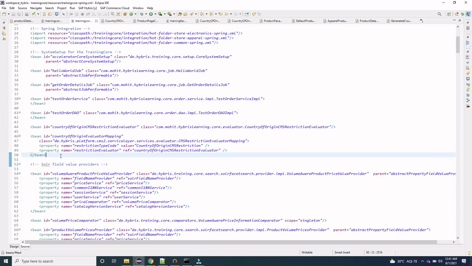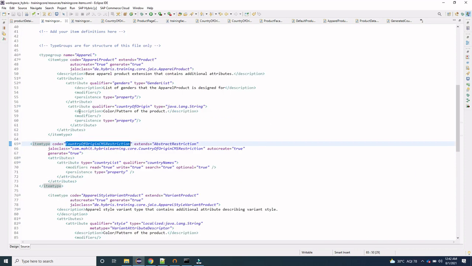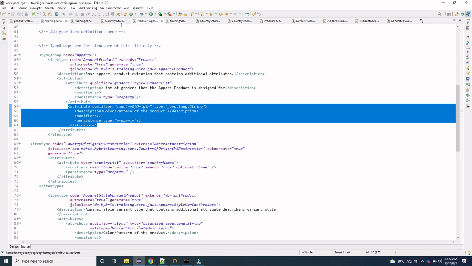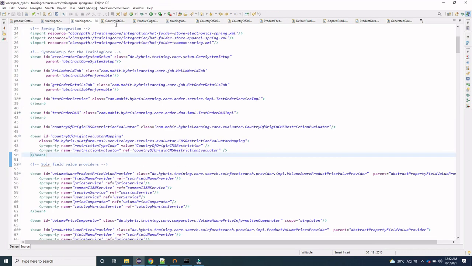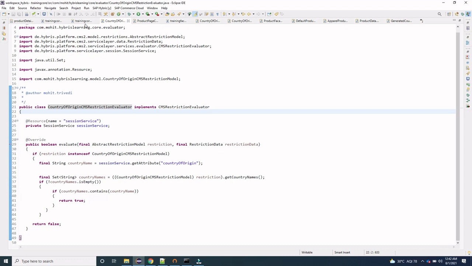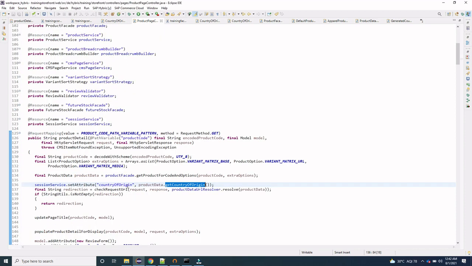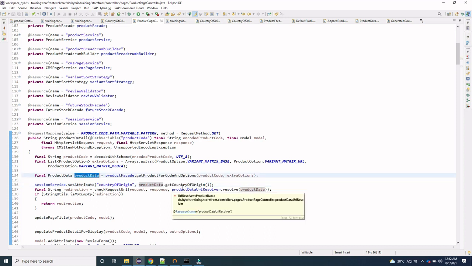After that, as you know, we have defined this attribute, and we have defined a custom evaluator. We have defined the bean in this spring.xml. The next thing we will do is, in the product page controller, in the product data we were fetching the country of origin.